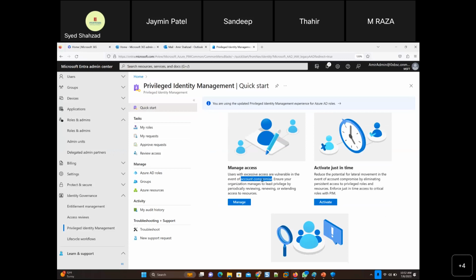So MFA comes with the cell phone, multi-factor authentication, right? And then he or she just puts in the multi-factor authentication as well. And then there you go. Now you're a legit global admin, a hacker who's a global admin now. Well, so ensure your organization manages to least privilege by periodically reviewing, renewing, or extending access to resources.